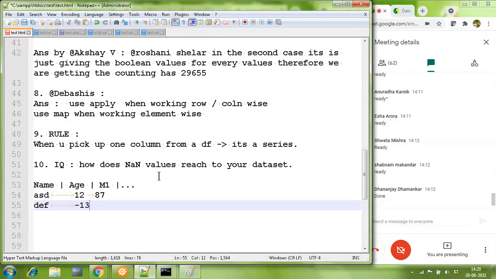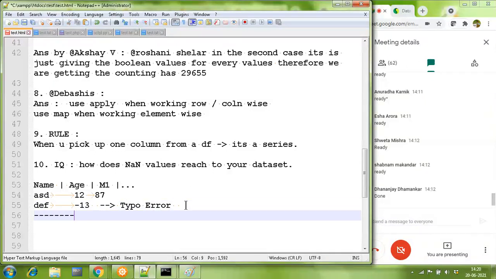Now, how can somebody assume minus 13 years? So it's a typo error. This kind of typo error is possible. I will not be surprised if there is a typing error by a data entry operator. It's quite possible. This can happen for age, for marks, or for any entry which you make. But it is very hard to believe that for a student called XYZ, you have entered an age like NaN. I am very doubtful anybody will do this.